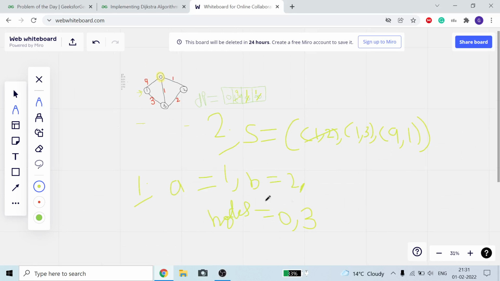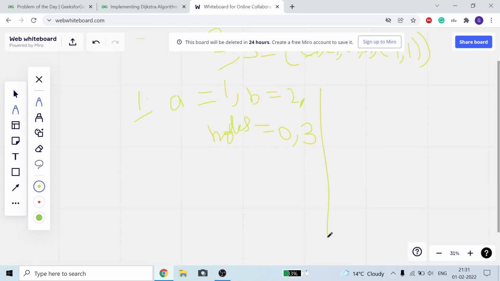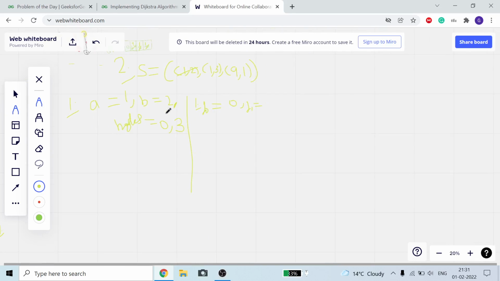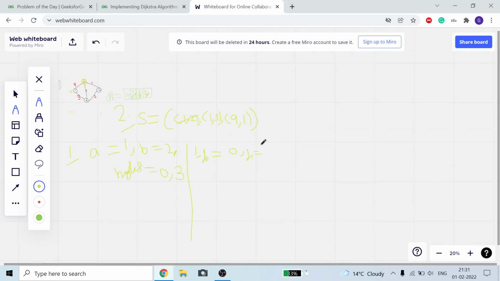Okay, so when we are doing this 0, first our j0 is equal to 0, our j1 is equal to 1. Okay, 0 to 2 is equal to 1.